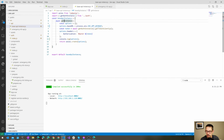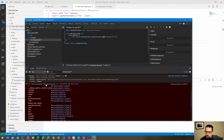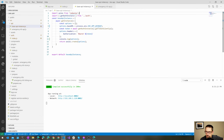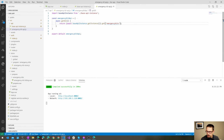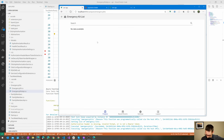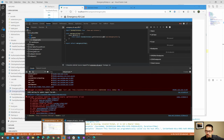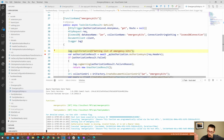Base API instance has a method called getInstance that returns axios.create with a list of options. That options has a base URL, which we've confirmed has the /API in it. What is going on that's stripping it of the /API part? So it's weird that this would probably work if I said API/. Yeah, that's super weird. I don't quite understand why that is, but here we are inside of our Azure Functions